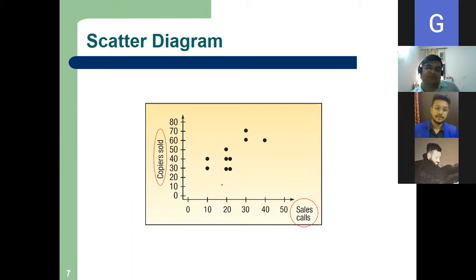Now see, if I ask 3 students to draw straight lines between these points, they may draw 3 different lines. One will draw like this, another like this, another like this. Now, which one is my regression line? There is a principle called the least square principle. The regression line will be only one. So how do I know which one is my regression line?